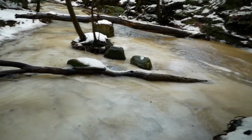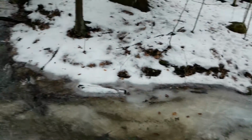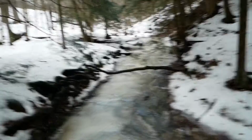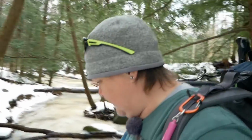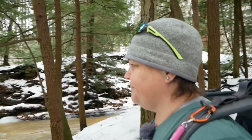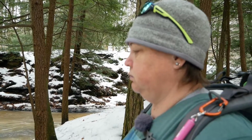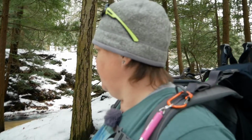Look at this. Would you just... Oh my God, would you just look at that? Oh, these roots are just... Wow. Okay, we're gonna have to figure this out because this is just absolutely beautiful. I don't know how I'm gonna...